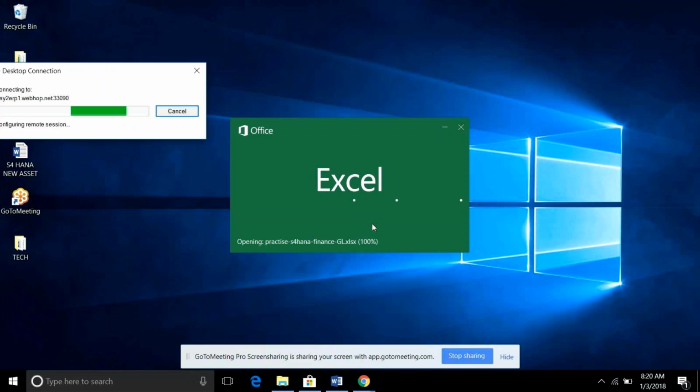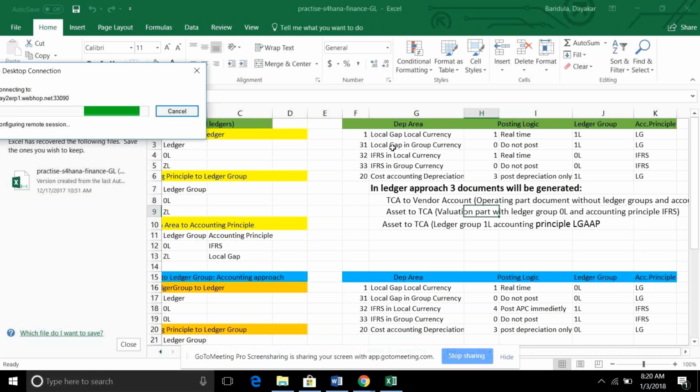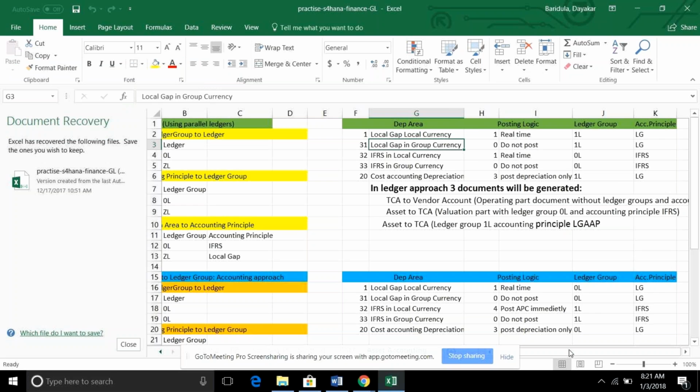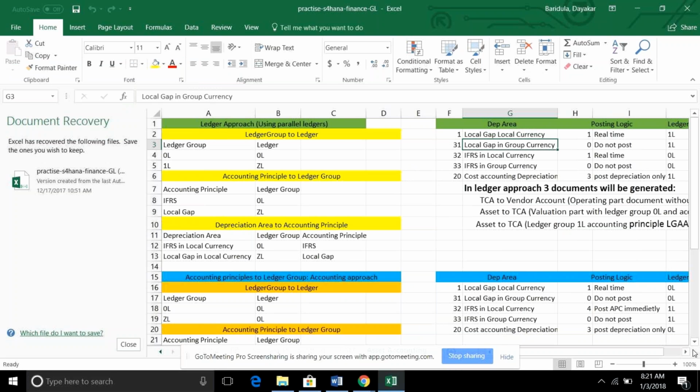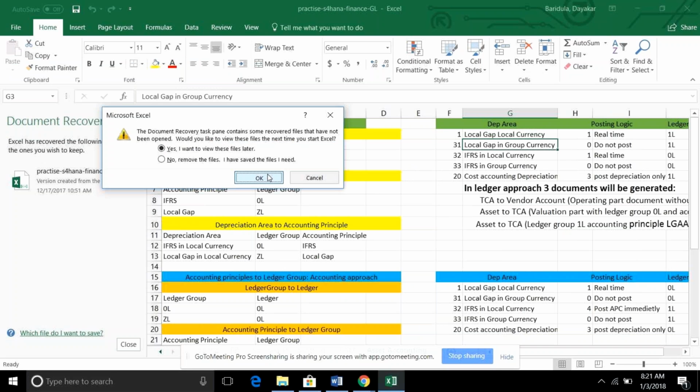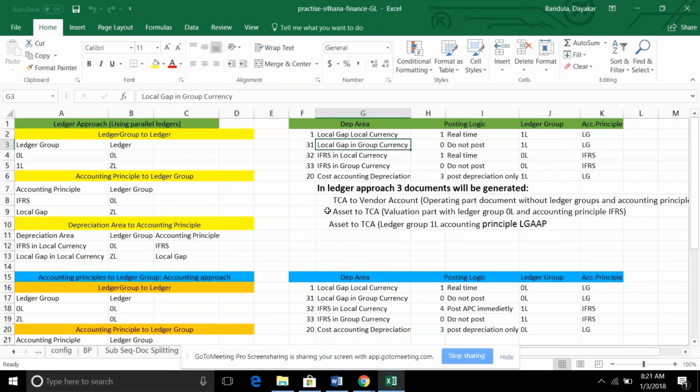Okay. So we need to set up, for example, SAP is recommending to go with the ledger approach, but we will see both in the system. How we need to set up the ledger approach: how we need to set up the depreciation areas by attaching the ledger rules and accounting principles. Earlier this accounting principle dimension was not there, so this is a new dimension we are attaching now. So this is a new configuration. Okay, so this we will see, and this is one change.